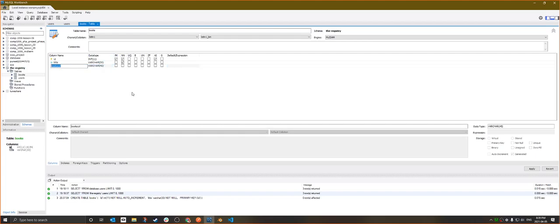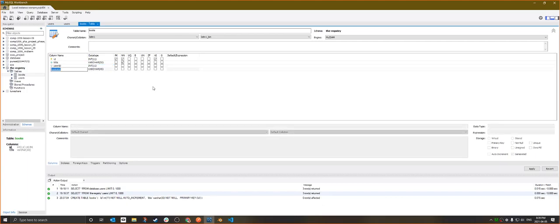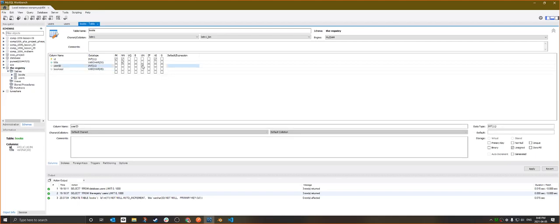So I'm going to add in user ID, or you can do user ID in capitals, which I'd much rather do. It's going to be an int 11. It's not a primary key. It doesn't auto increment. It won't be unique,